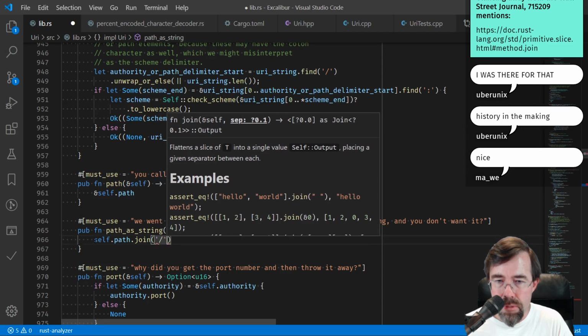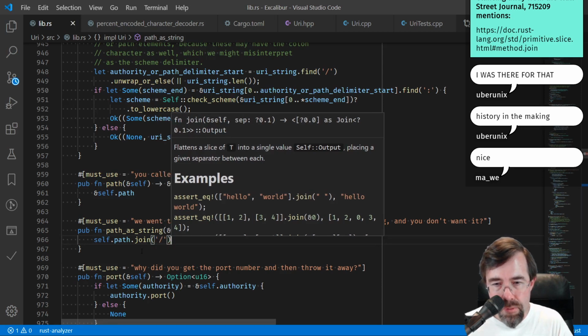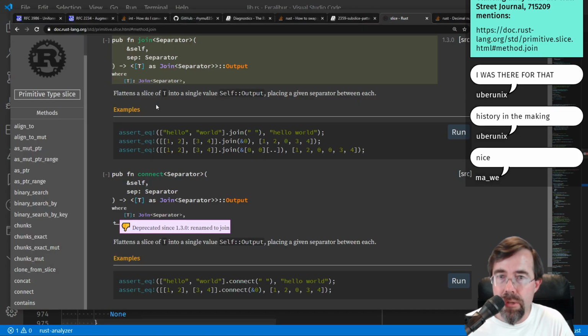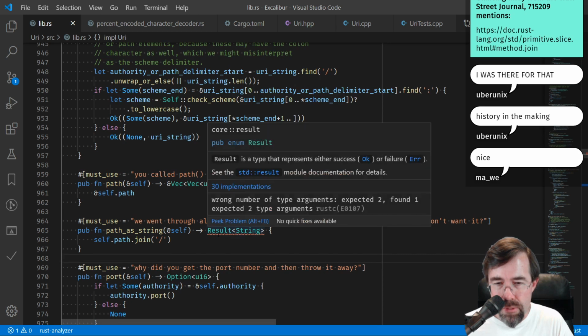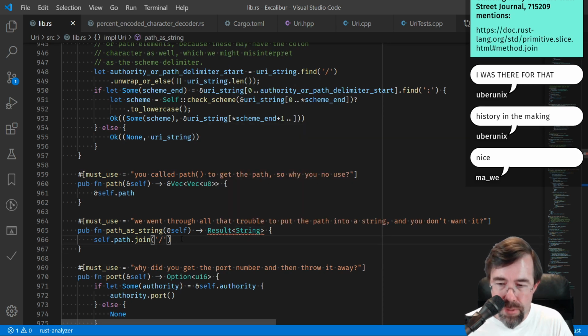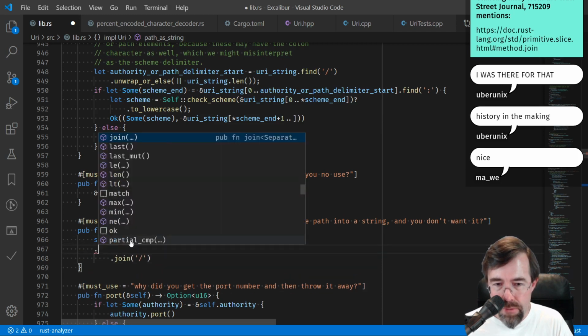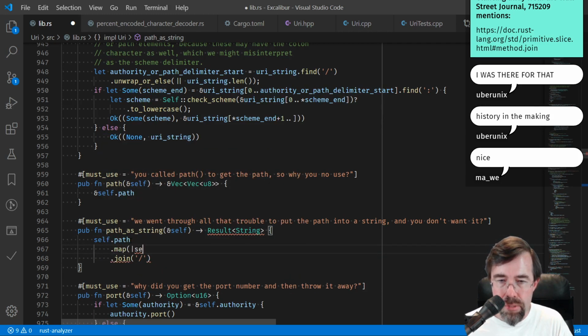Separator, like that. And then I would want to, that actually makes it an owned version, right? Yeah. No, that makes a join. Is that just convertible to a string? No, I would want, why is this a result? Oh, because I need to map it to something that's fallible. So I can't just, I have to map it first before I join. I have to map each segment